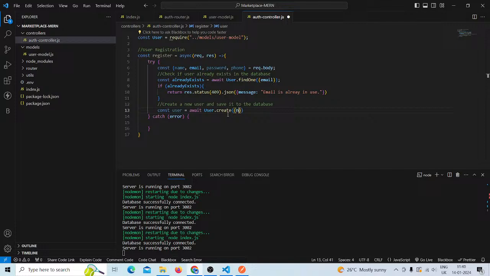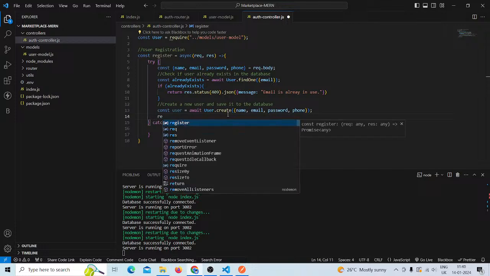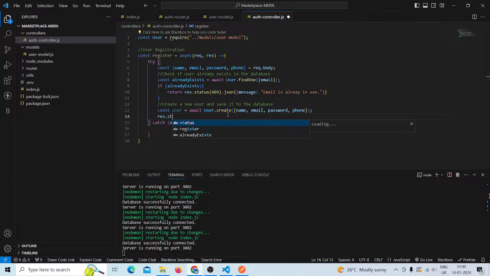What are the data? We have name, email, password, phone. Now if the user is created, then we can return our response.status with 201,